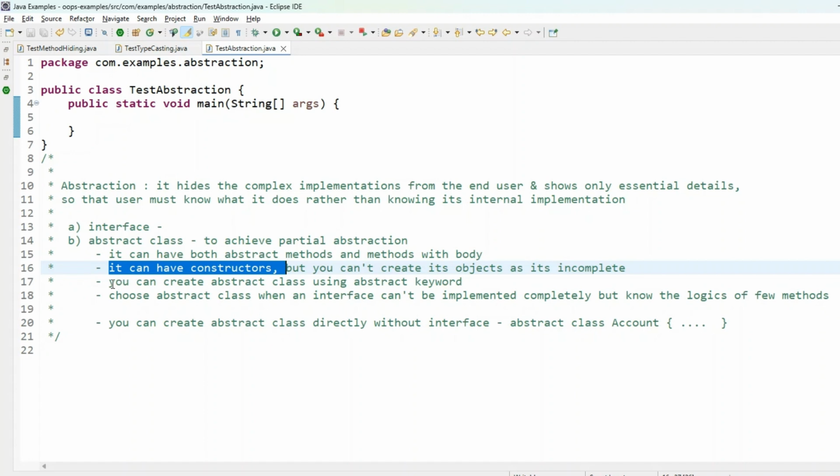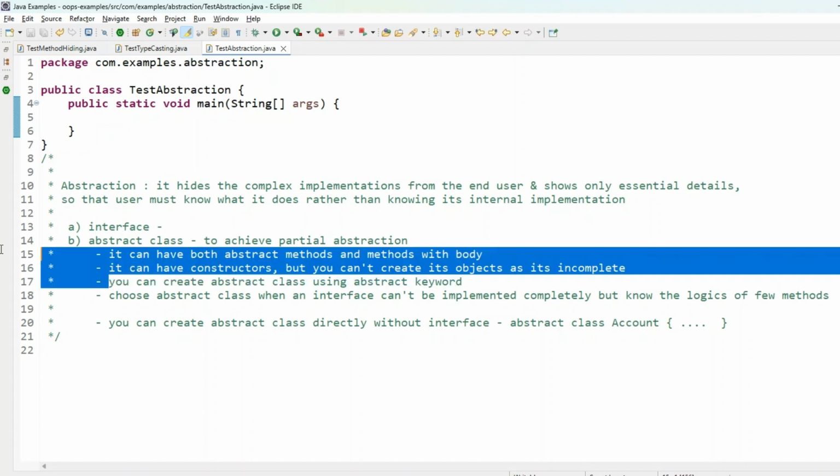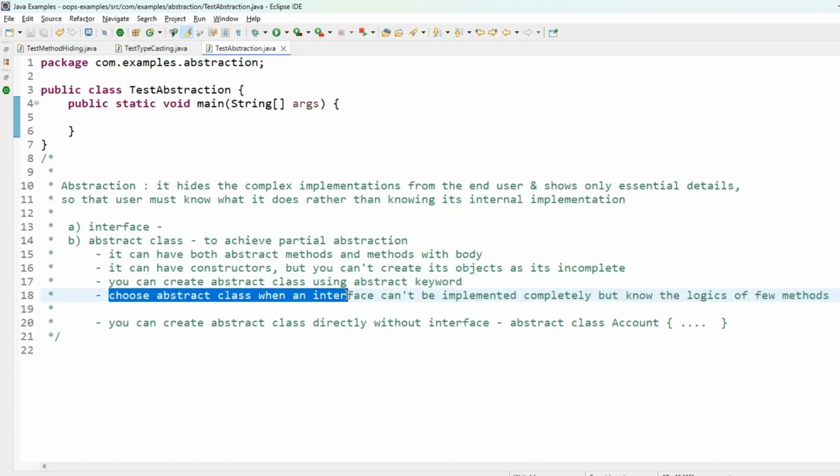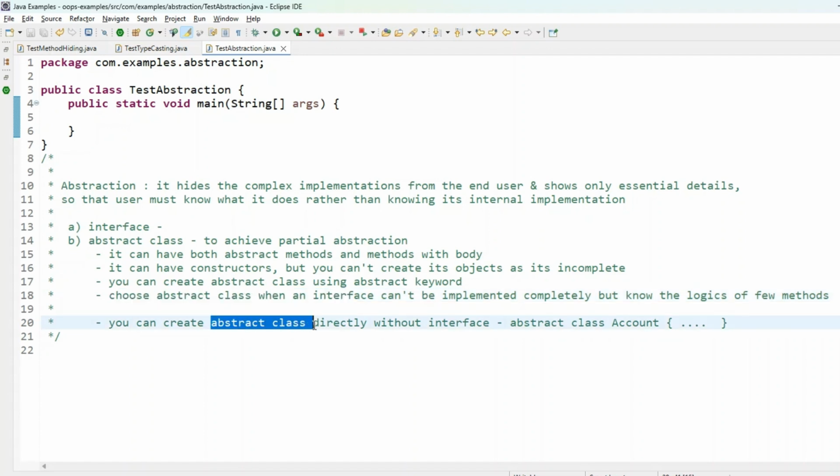To create an abstract class, you will use a keyword called abstract, and you can create an abstract class either through an interface or directly, which means